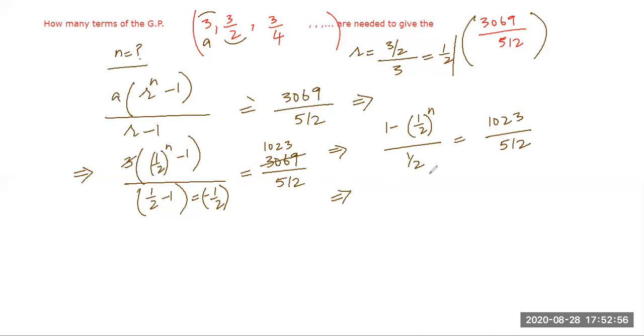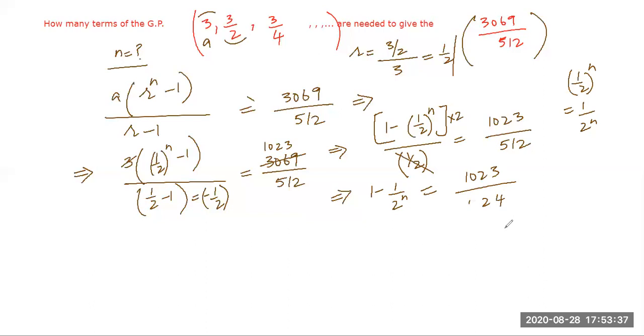Right, guys? So now what will happen? So 1 by 2 is like saying this whole stuff into 2, right? Now when we do cross multiply, we'll get 1 minus 1 by 2 raised to power n. Now 1 raised to power n is 1, divided by 2 raised to power n, so it's 1 by 2 raised to power n. Right, guys? This is equal to, so 2 will go down, 2 can be multiplied by this, is equal to 1023 divided by 2. 2 fours are 8, 2 ones are 2, 1024. That is very simple now.